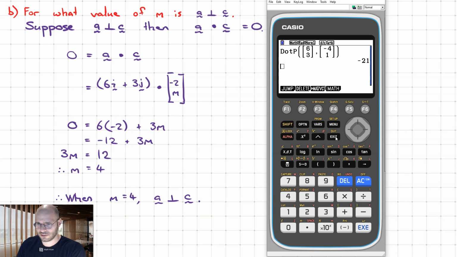You go Exit, Exit, Exit to the top menu. We're going to go Option, Calc, Solve. We're only expecting one solution here, so we press F1 for solve. If we're going for two solutions, we do F5 for solve n. Next, you key in this line here, 0 shift equals 6 -2 plus 3, and we can do alpha m,